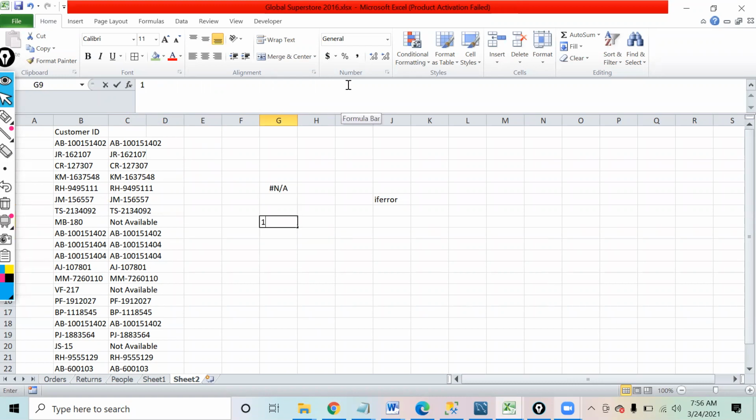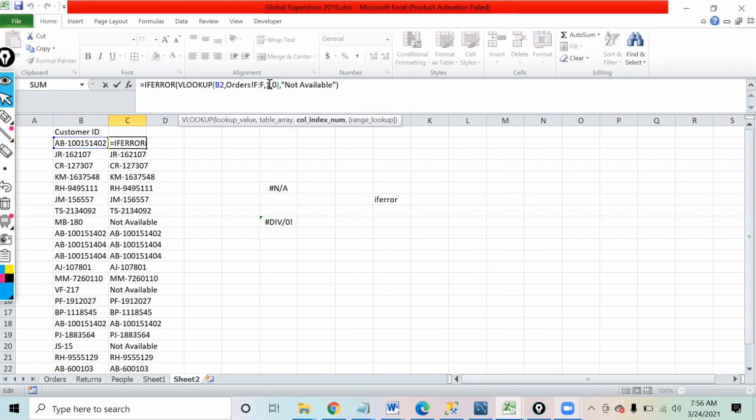Suppose you try to divide a number by 0, it is going to give you an error again, because you cannot divide something by 0. So it gives you #DIV/0!, meaning this value is not divisible. Similarly, suppose you have given this formula where this is the table array and you want to find the value lying in column number 1. If I say column number 2, although the table I have given has only one column, this is a reference error.